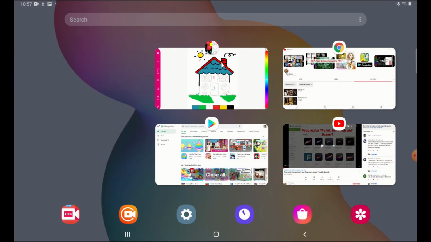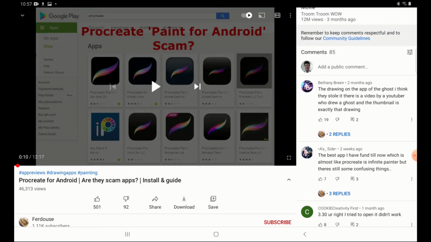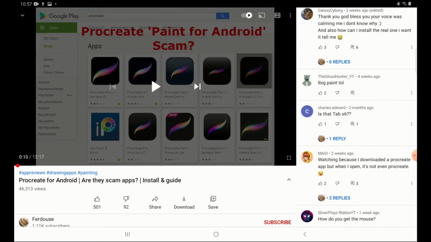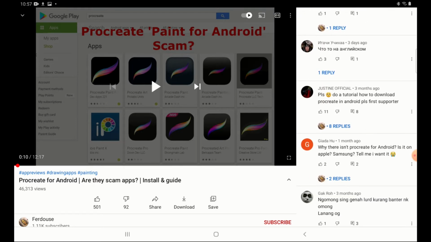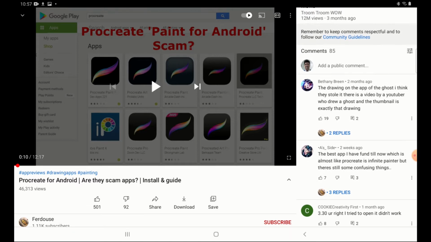Go here. So I'm connected to my Samsung S6 Lite, and I have a Bluetooth mouse here, as you can see. So let's go to the post that I put up a while ago, and you can see quite a few people interested. There was a lot of views and a lot of comments to the right here. So basically I replied to a lot of the comments that were placed here, and there is the confusion that Procreate does exist for Android, and that was